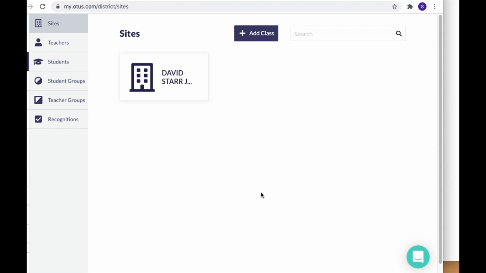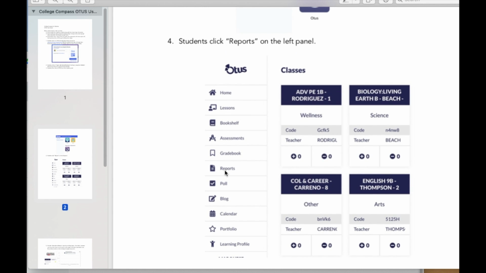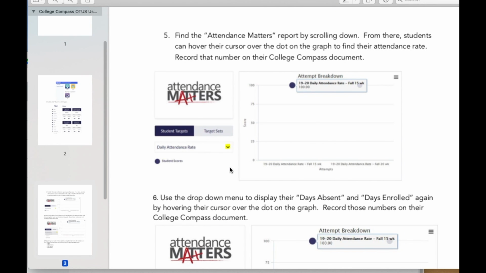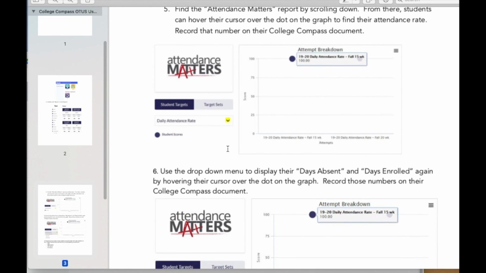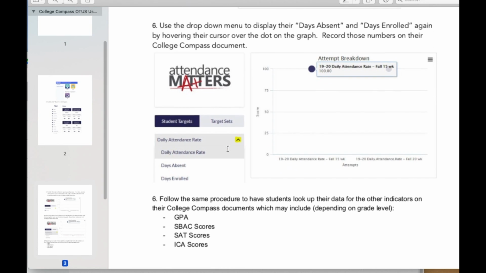And within Otus, what you're going to find is what you need. Once you're here, what you're going to do is you're going to click on to reports. And you would have found reports on that sidebar. And then that sidebar will bring up your classes, but it will also bring up that data that you need to execute this College Compass. There'll be an attendance portion, and there'll also, if you scroll down, be a portion that will highlight your GPA. Those are the two things you want to get from Otus that you want to put in your College Compass